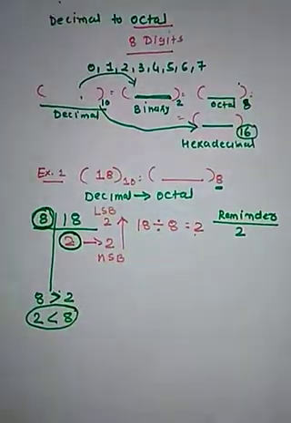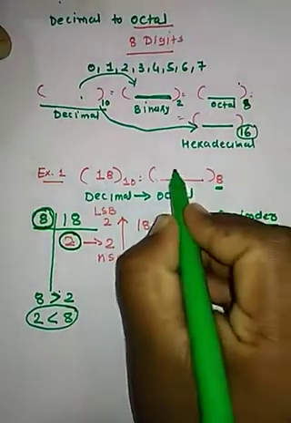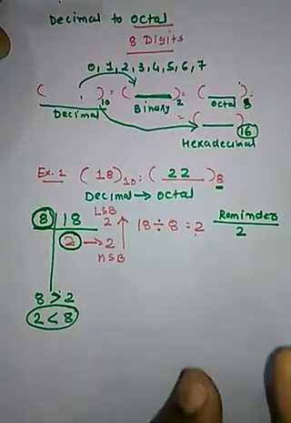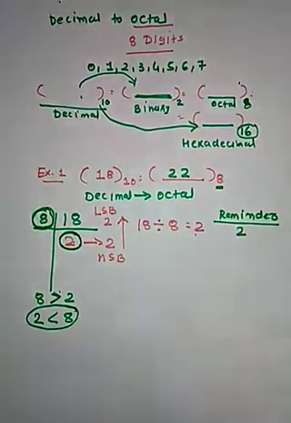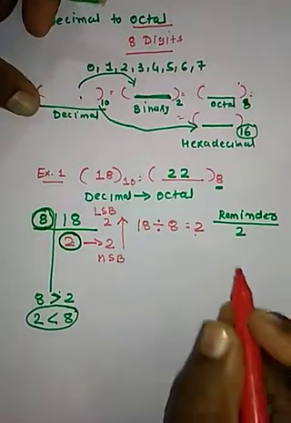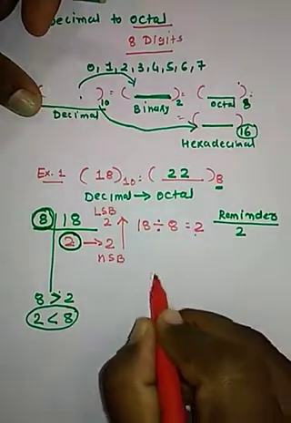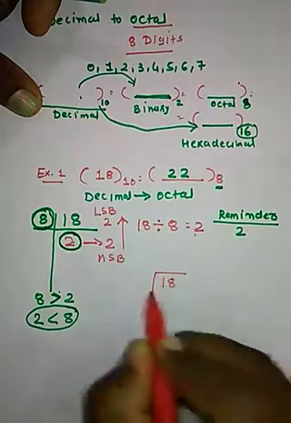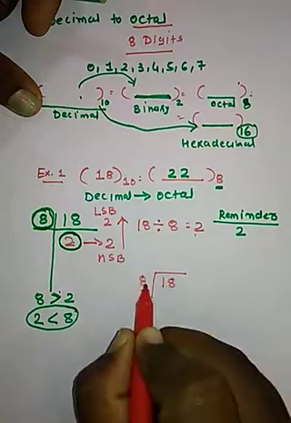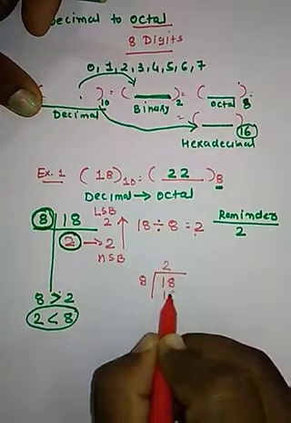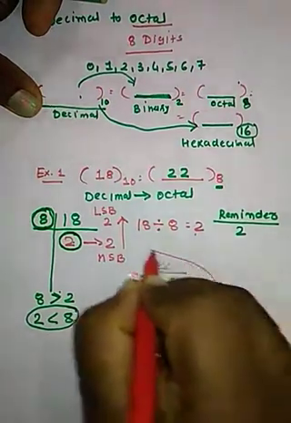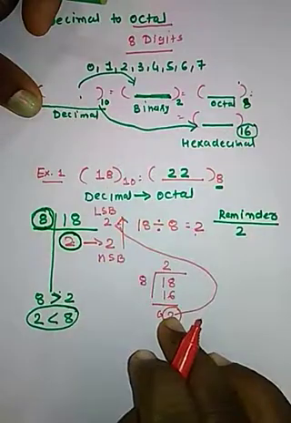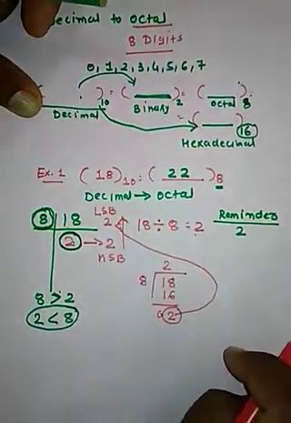So what is the octal of 18? It's a 2 2. It's not a 22, it's a 2 2. Just remember that, don't call it 22. હવે અહીંયા આપણે રિમાઇન્ડર લખીએ છીએ તો એ રિમાઇન્ડર કેવી રીતે લખવાના છે? So first 18, here is an 8, so 8 2s are 16, here is a 2. This remainder 2 is to be written here. આ જે 2 વધ્યા એ આપણે અહીંયા લખવાના છે.